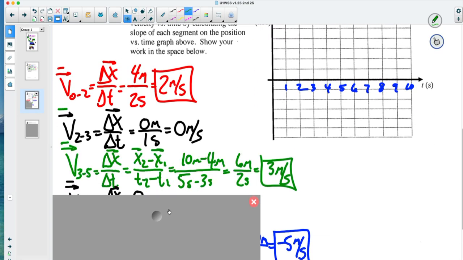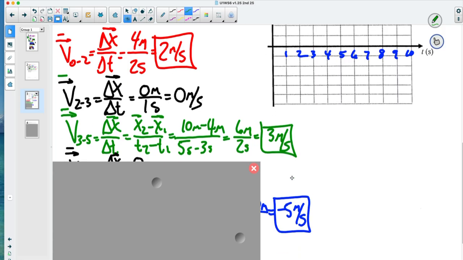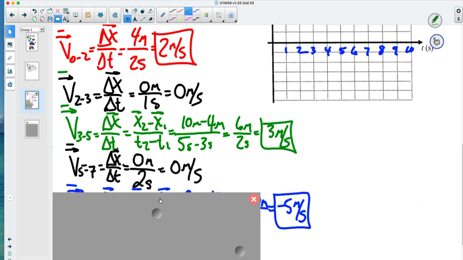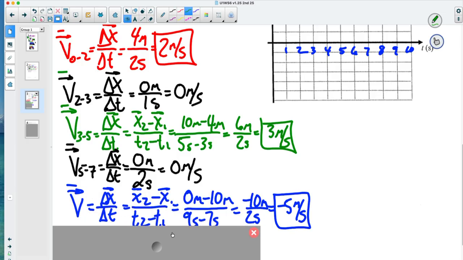For phase 3, I did an expanded version of the change in position divided by change in time, 10 meters minus 4 meters divided by 5 seconds minus 3 seconds. So that's 6 meters in 2 seconds or 3 meters per second. Phase 4, it was stopped again, so 0 meters over the course of 2 seconds. And for phase 5, it traveled negative 10 meters in 2 seconds, which gave us a slope of negative 5